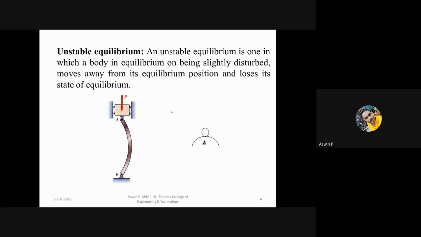Please write down. The heading is unstable equilibrium. An unstable equilibrium is one in which